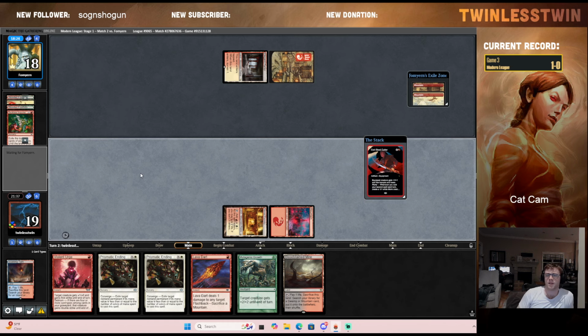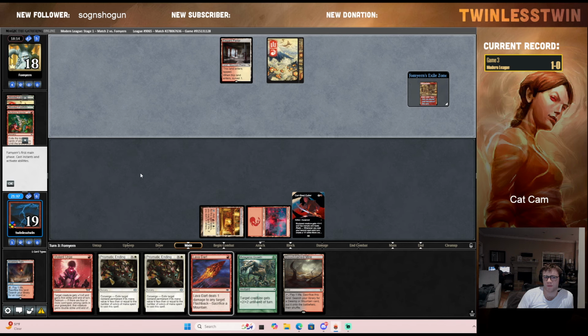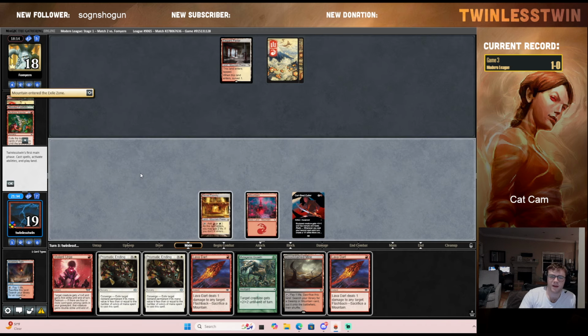Let's get the Steel-Cutter out. It does make us shields down, but there's not another great play there. Okay, so it seems like they probably have